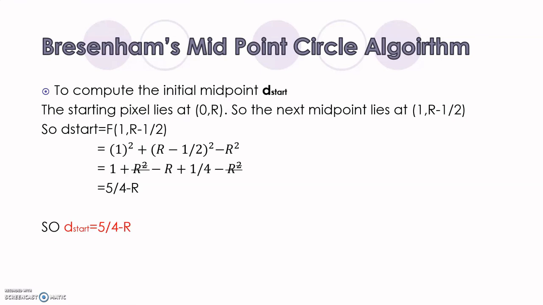So now the algorithm can be summarized as: choose the pixel based on the sign of the variable d computed during the previous iteration. Update the decision variable d with delta E or delta SE. The only difference from the line algorithm is that in updating d, we evaluate a linear function at the point of evaluation. This is the only difference from the midpoint line algorithm. Now let's see the algorithm.